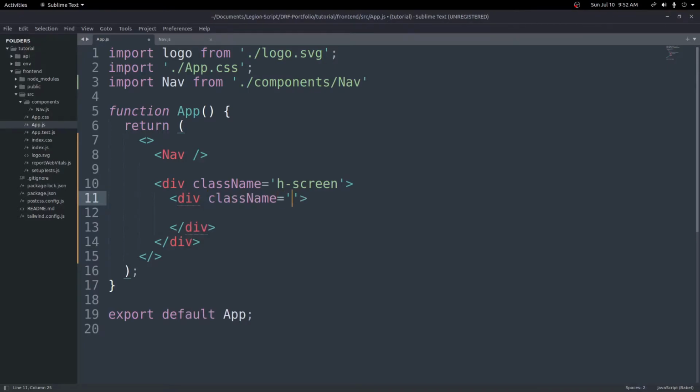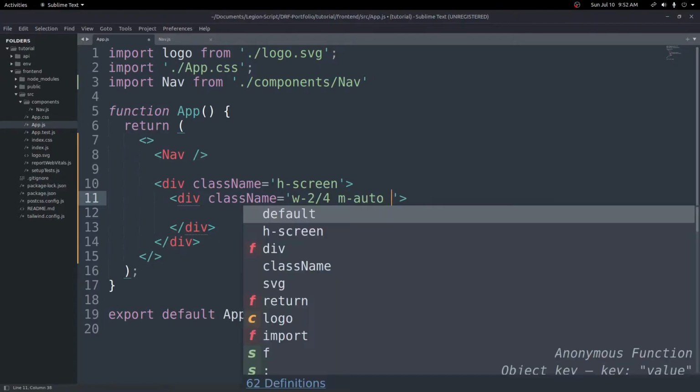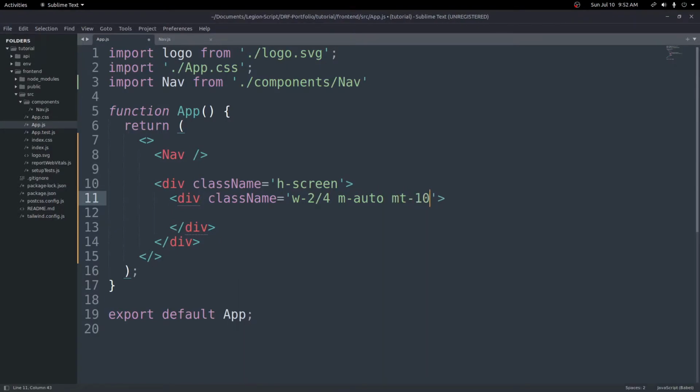And this will be a width of 2/4, so 50% of the screen, an m-auto, margin top -10, and a margin bottom -3. So really this m-auto could just be an mx-auto because we want to center it on the left and right, so on the x-axis. And then we'll add a margin top of 10 and a margin bottom of 3. Again, you can look up the Tailwind classes to see exactly how much these are,